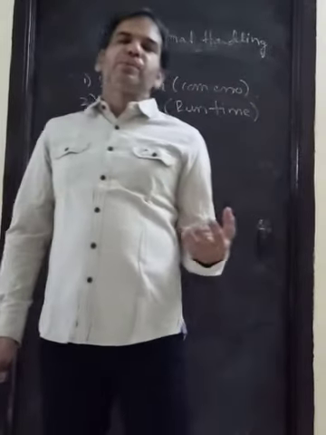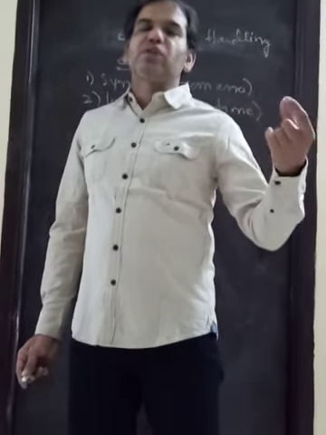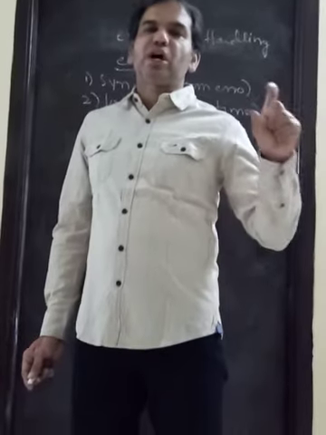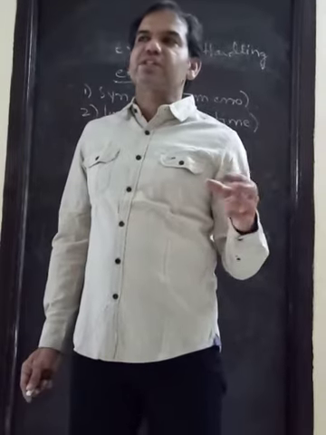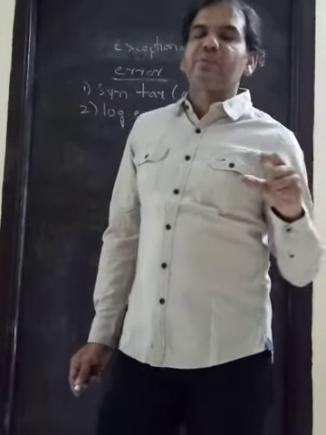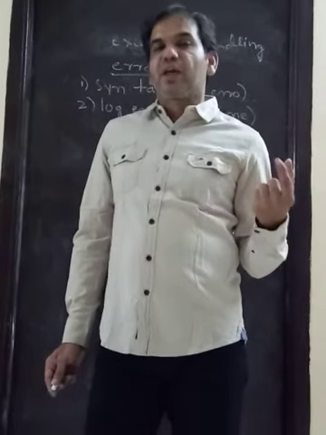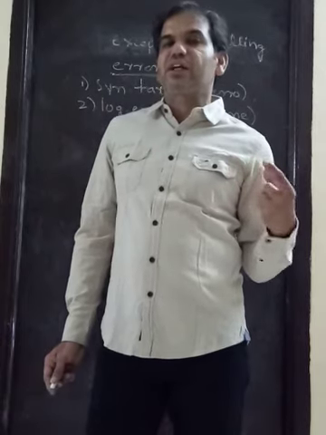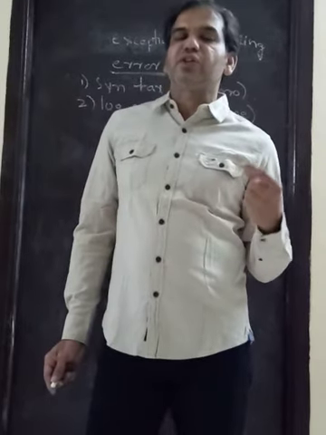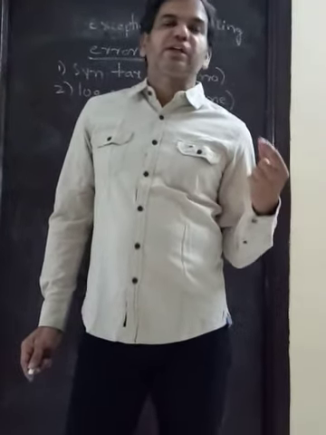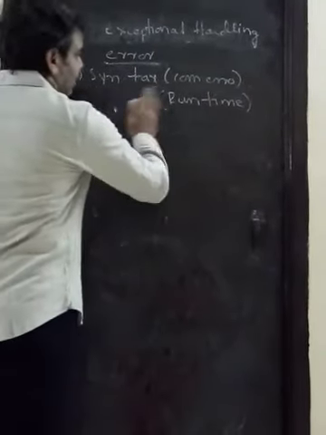Take C++, with Alt C at compilation time, when errors are shown, that is called a syntax error. In Java, with javac filename.java, when errors show at that time, that is also a syntax error. A runtime error or logical error is when, in C++, you press Alt plus R and it shows an error; that is called a logical or runtime error. Then in Java, when you run the file name and it shows an error, that is called a runtime or logical error. Okay. So first of all, we will see the example of a syntax error.